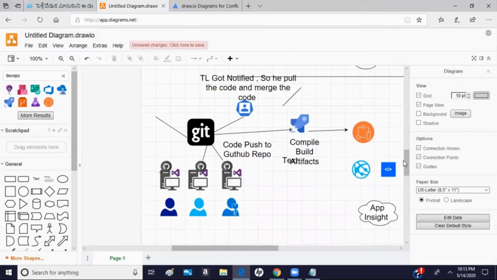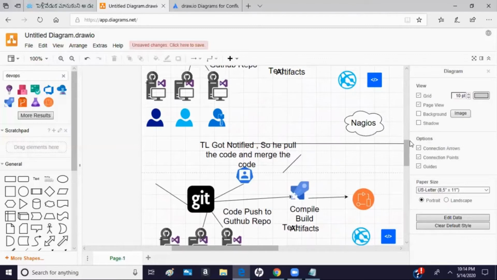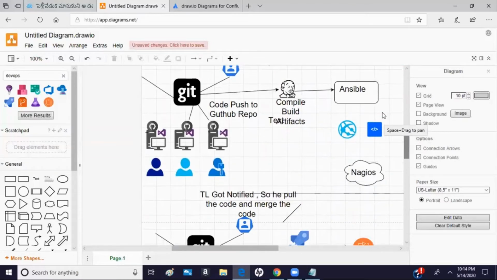Good. And then we can also propose a hybrid, in the sense you can use Ansible to do the regular configuration management, but your deployment will be done using the release pipeline. Yeah, you understood now? The last line you are mentioning. So the last line, what I'm saying is that you can use the hybrid. For example, I can introduce Ansible as well.